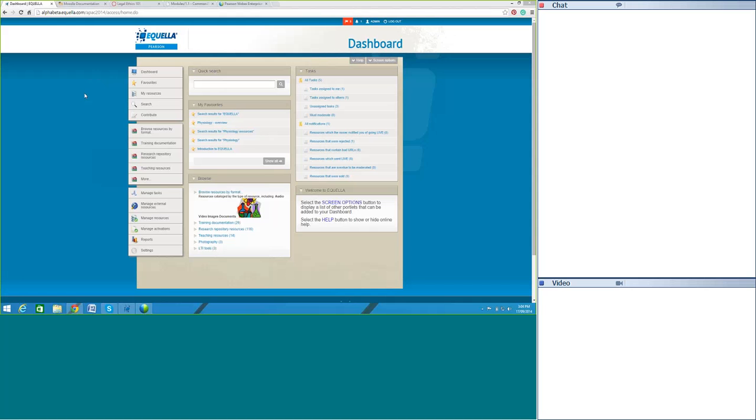First of all, I'm just going to point out that we no longer have tasks and notifications on the left-hand navigation menu. We've moved them up to the top right-hand corner of the screen. So we now have an icon, a flag icon for tasks and a bell icon for notifications. And it will tell you how many tasks or notifications